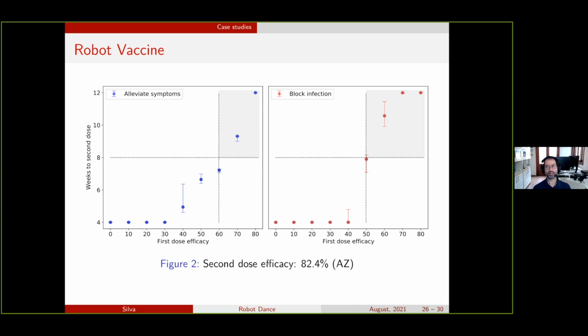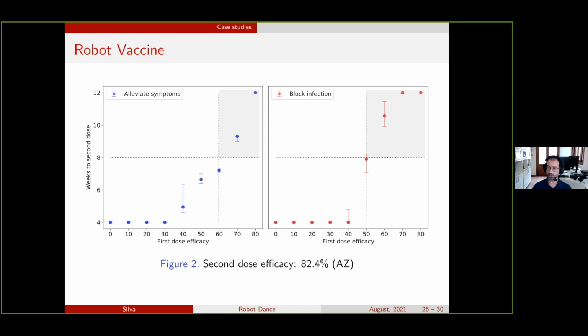So in this setting, the second dose was basically a dose to make sure that the vaccine would last a long time. It's not to increase efficacy, but basically to make sure that the vaccine would last for a longer period of time, okay? So in this situation, it's very reasonable to think, okay, I have to postpone the second dose, because the second dose is not increasing the efficacy a lot. It's just increasing the efficacy a little.